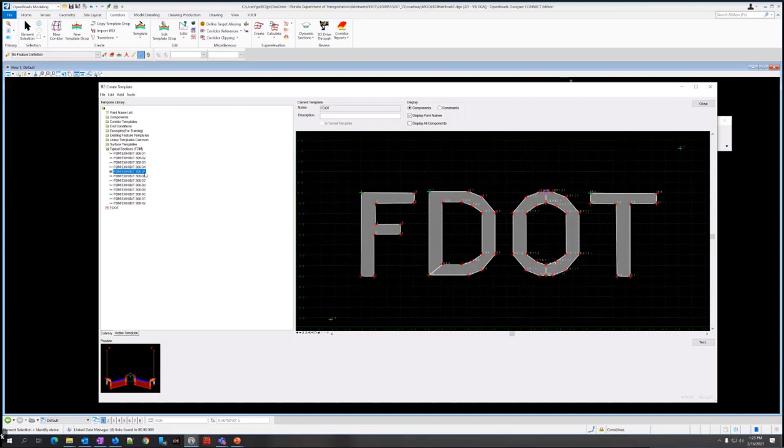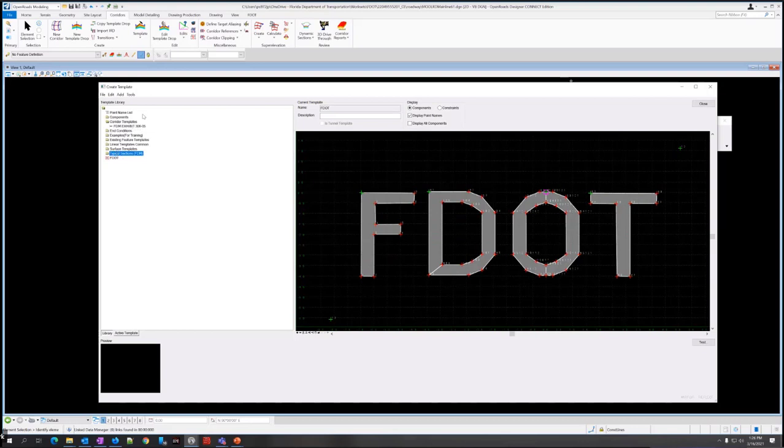So if you select it over here, then you right-click and choose Copy. And we want to go here to our Corridor Templates folder. These are mostly the project-specific ones. So I'm going to right-click on that folder and choose Paste. And if I double-click on it, now it's got something in there. I'm going to shrink down the FDM templates.